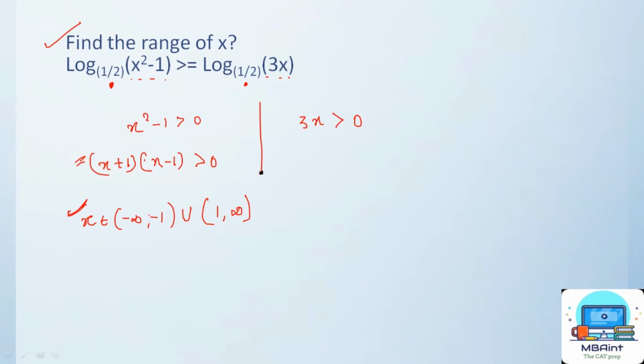Now here it should be straightforward: x is greater than 0. Remember guys, I need to take the common part of it to check the domain. So in this process I am checking the domain. What should be my domain here? The common domain which is going to satisfy this entire inequality should be x greater than 0 and this part of it. If x is greater than 0, the negative part gets removed entirely, and it should be 1 to positive infinity. So my domain here is nothing but 1 to positive infinity.